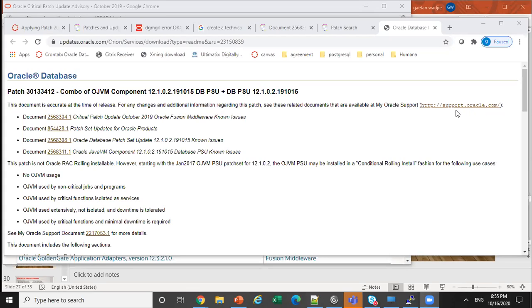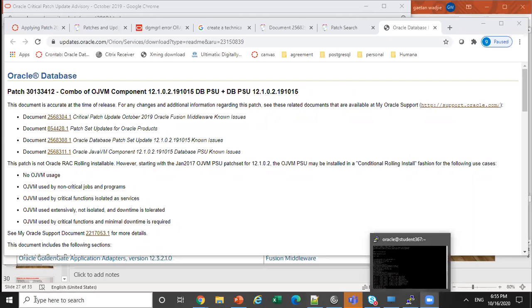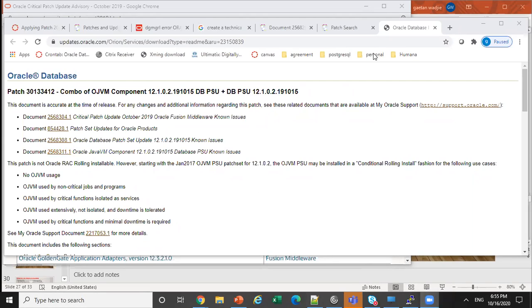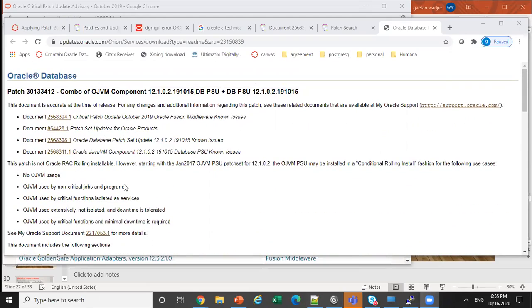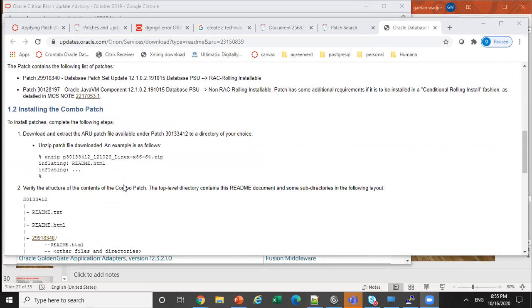So can you guys open it? Wait, which one? This page? Yes, I sent you the link. Yes, I was able to. Very good. Okay. So save it as a link. Now in the future, you'll be exposed to similar things. So even on the server, I will show you guys where you can also get the README file of the patch you will be applying. So it's a very big file, okay, very big file, and it will tell you,